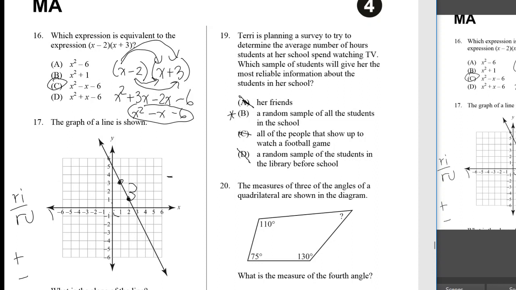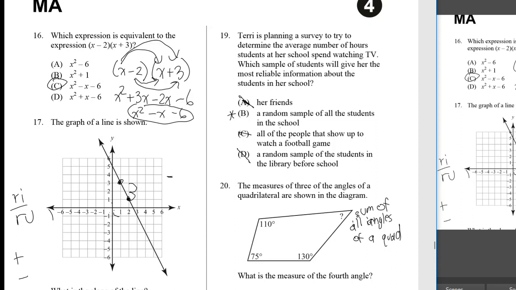Okay. Number 20. The measures of 3 of the angles of the quadrilateral are given in the diagram. What is the measure of the 4th angle? Now, the first thing you need to know is the sum of the interior angles of a quadrilateral. So if you're not sure, right,